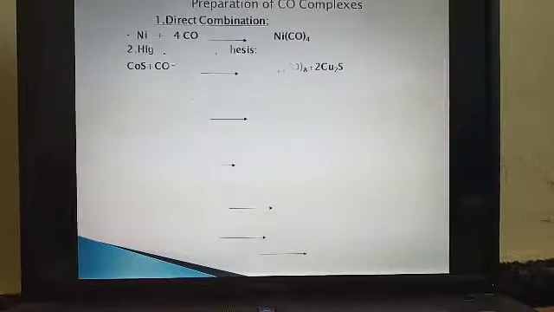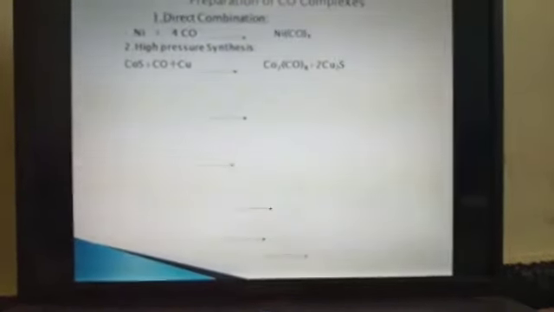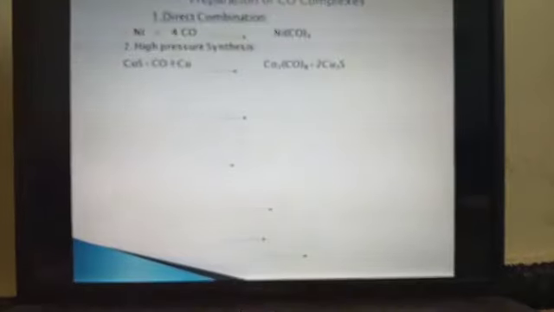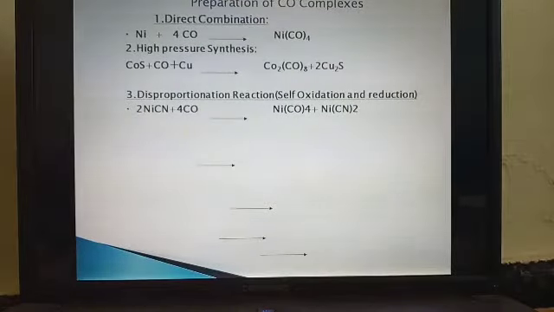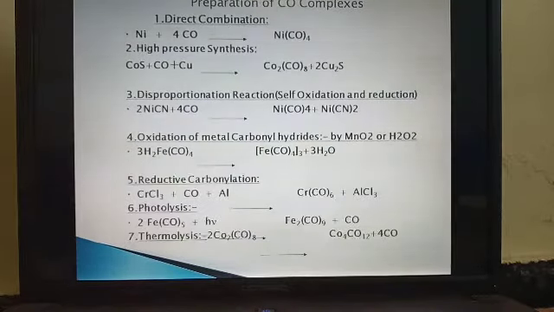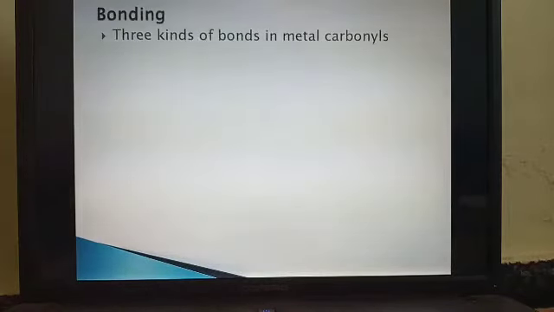So the preparations are many for metal carbonyls. The first one is the easiest method, that is direct combination, where metal directly reacts with the carbonyl, and then high pressure synthesis, where some of the sulfur containing compounds of the metal when interacted with the carbonyl lead to the formation of the metal carbonyls. Then disproportionation reaction, which is nothing but an oxidation reduction reaction, and then oxidation of the metal carbonyl hydrates to form metal carbonyls, and then reductive carbonation, and then photolysis and some thermolysis reactions we can perform the synthesis of